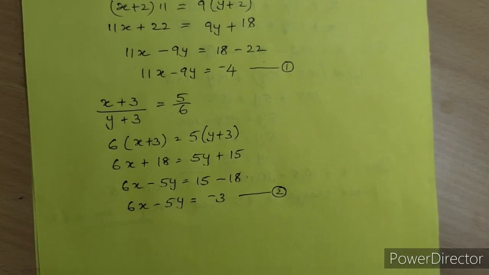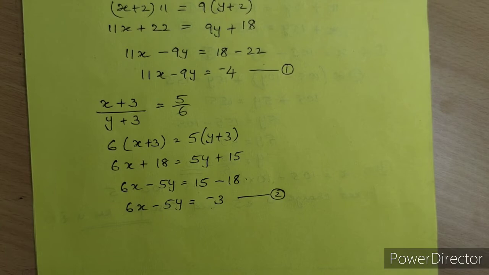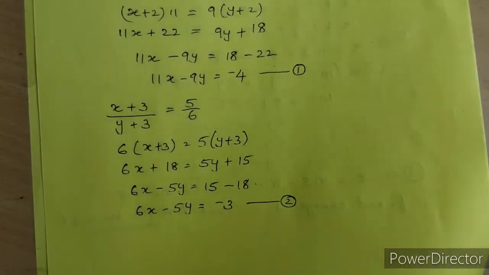First you take the first equation, from that you should find the x value. Then take the second equation, substitute that, and then find the x and y values. This you can do as homework. And find the x and y value. So x by y you have to write as a fraction. Next one, sixth one.